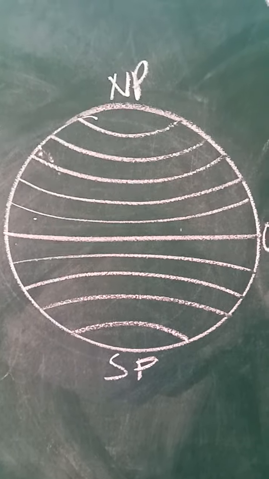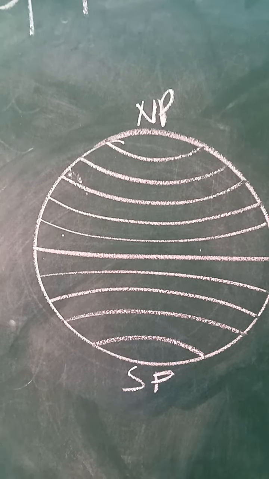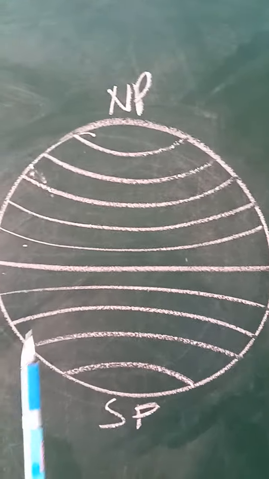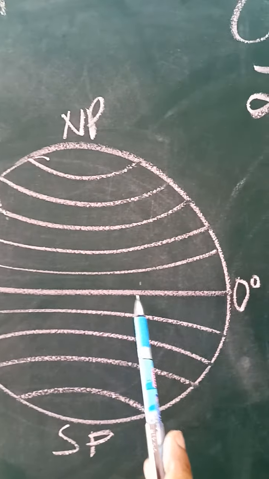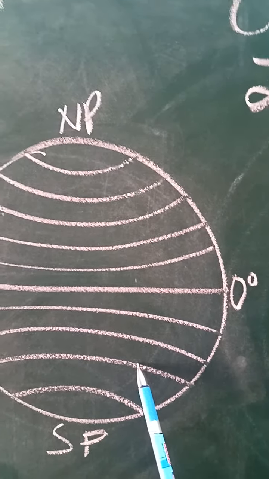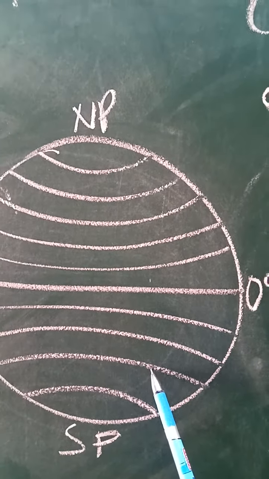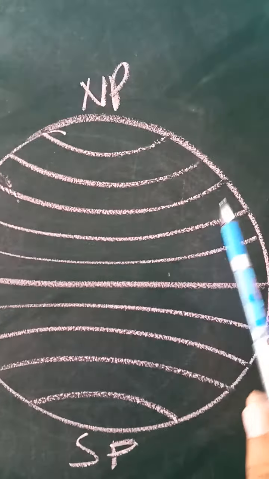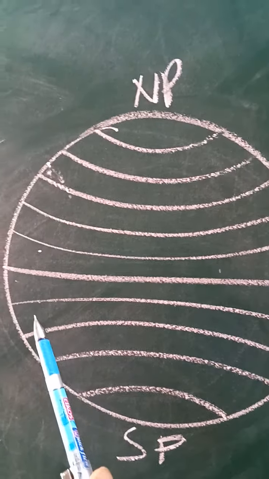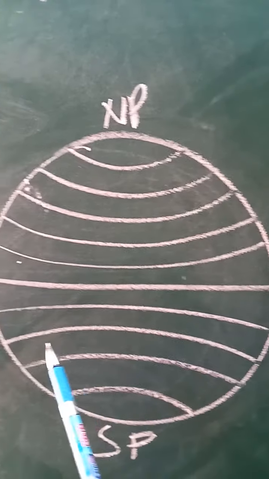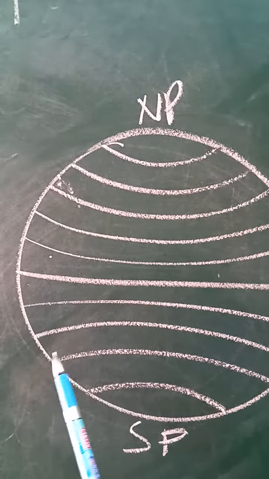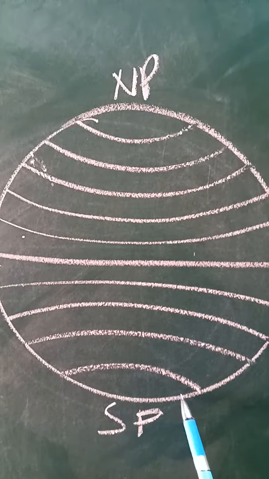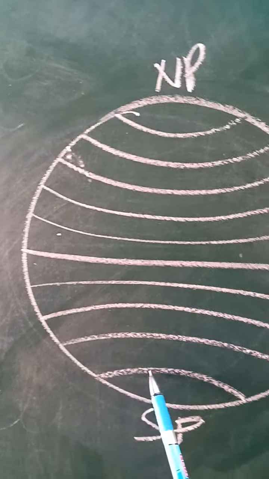Now what you see is a globe with all the lines of latitude. You see that the equator is right in the center, which cuts the globe into two equal halves. But the other lines of latitude are called small circles. Why? Because you see that these circles reduce in their circumference as they reach their respective poles. Here is the south pole, so the smallest circle is found here.